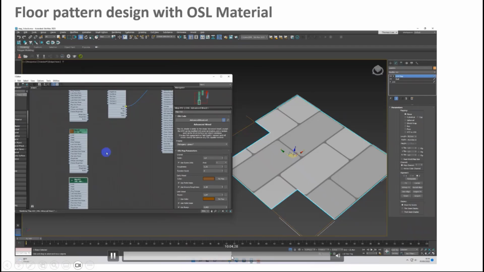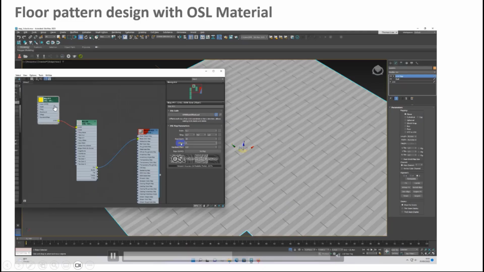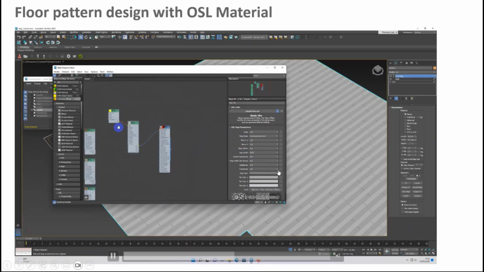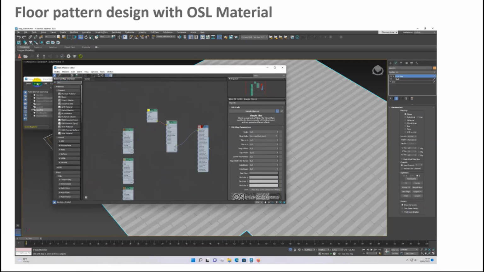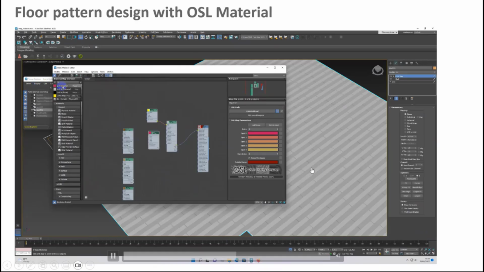Okay, so I move. So I combine, this is the combine of the UV. Maybe this is not familiar, to hear about the UV. UV is the way to implement the pattern on your object, because your object has many surfaces. Some surfaces are bumpy, some are flat. That's why I'm using the UV map to create some pattern.